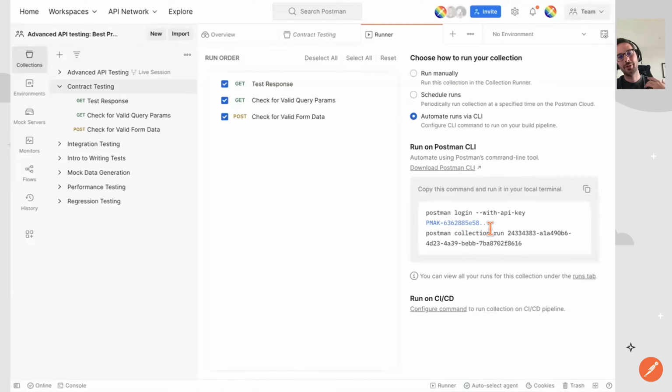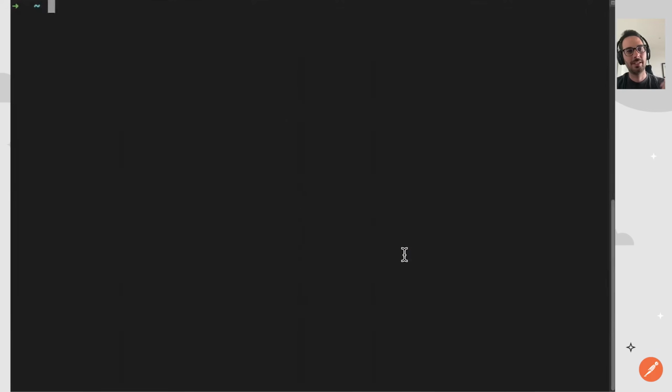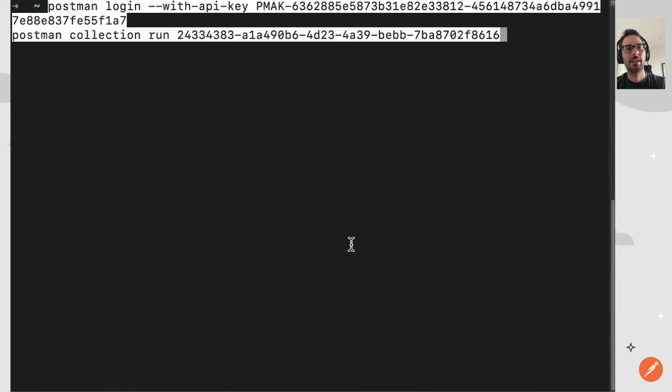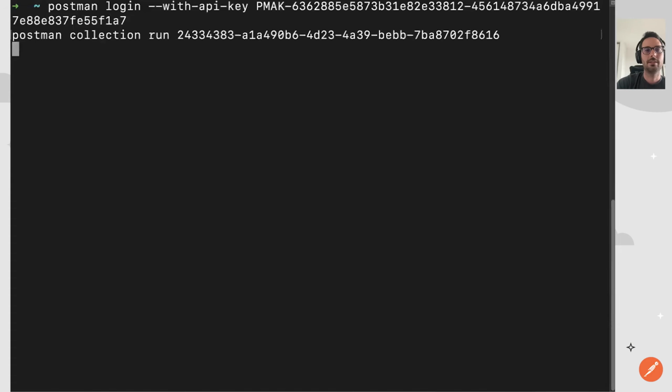It's now inserted into my code, and I can copy this and move on to my terminal and paste that command. So you can see it's using the Postman CLI. So it's already pre-installed. I'm not going to go through the installation on my machine. It's using the login command using the API key. So now it's going to know what account to pull the collections from, and then it's going to run the collection that has this ID. So if I enter that,